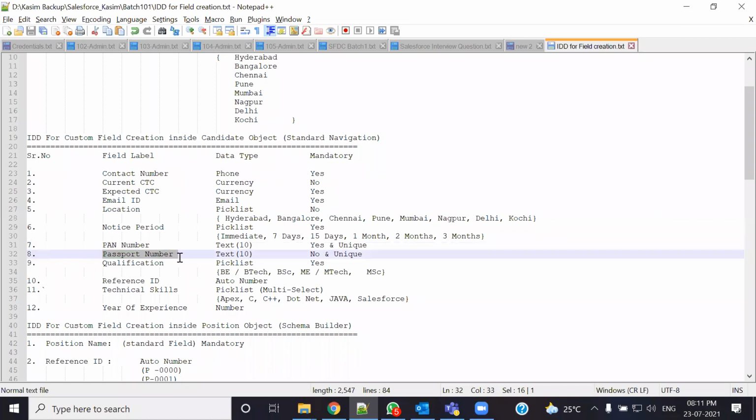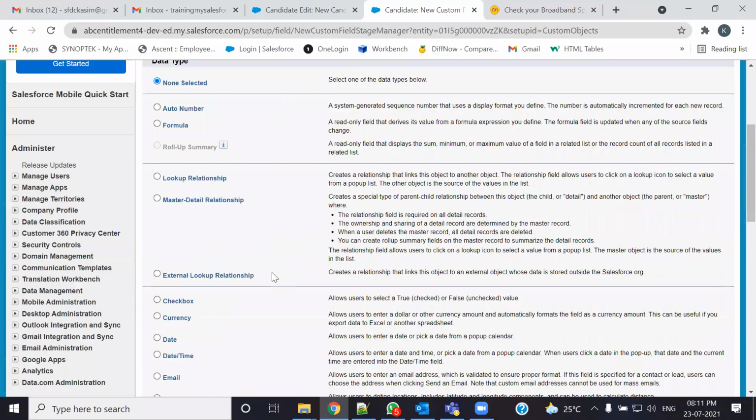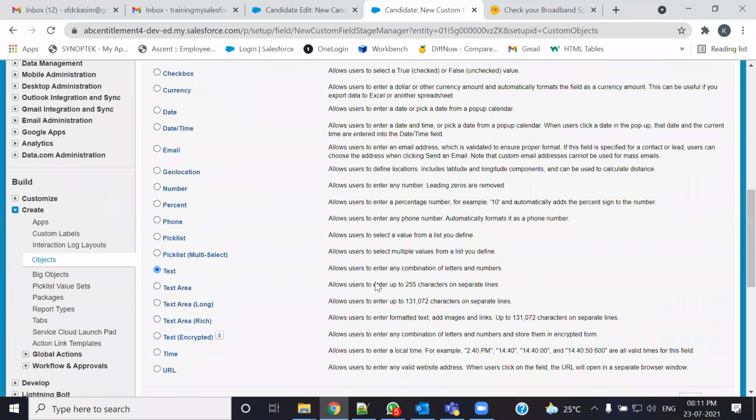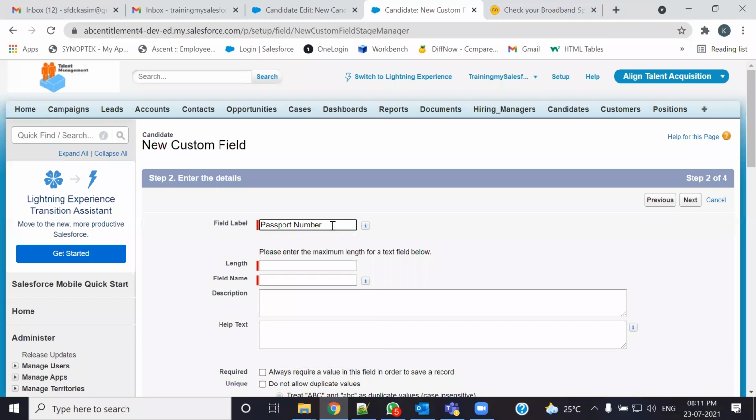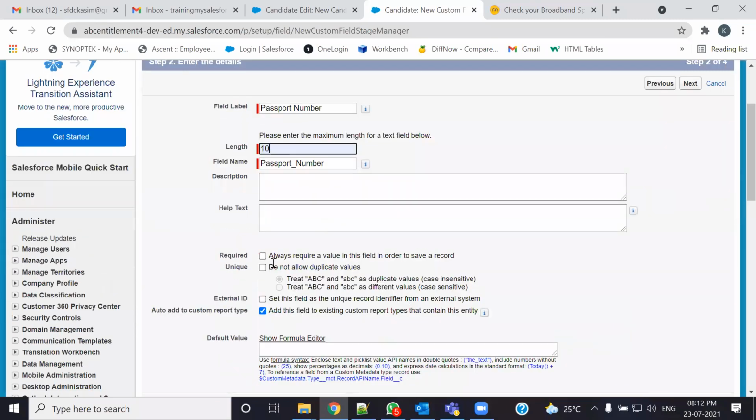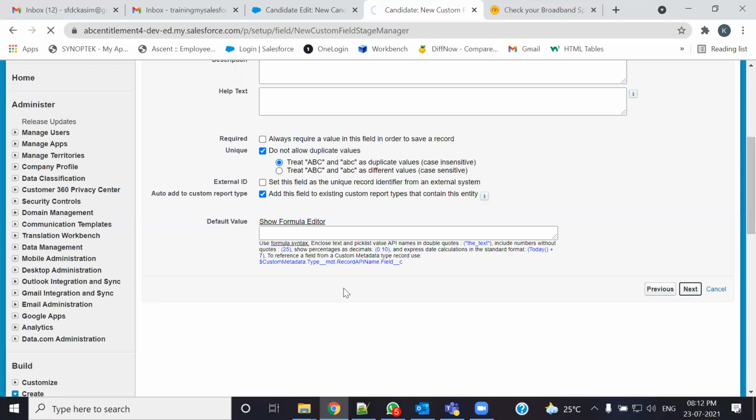पासपोर्ट नंबर इज अगेन अ टेक्स्ट. पासपोर्ट नंबर टेक्स्ट सिलेक्ट करो. मैंडेटरी तो नहीं है लेकिन यूनिक जरूर है, ठीक है. एंटर करना जरूरी नहीं, लेकिन अगर कोई एंटर करता है तो दो लोगों के पासपोर्ट एक जैसे नहीं होने चाहिए. सो लेट्स हैव दिस टेक्स्ट, अगेन डेटा टाइप इज टेक्स्ट, सिलेक्ट दिस एंड प्रेस दिस नेक्स्ट बटन. पासपोर्ट नंबर, ठीक है. लेंथ इज व्हाट, लेंथ इज 10, रिक्वायर्ड नहीं है लेकिन यूनिक है, ठीक है. एंड ट्रीट इट्स कैपिटल एबीसी स्मॉल एबीसी टू बी सेम. क्लिक दिस नेक्स्ट,